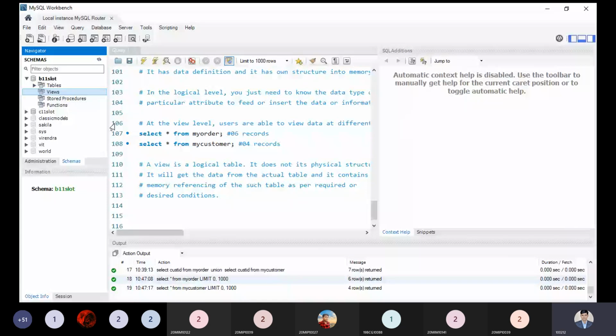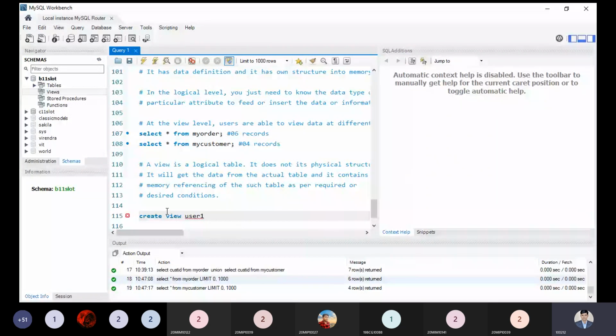Okay. So what I'm doing here, I'm creating a new view to see my information. Just like creating a table, we can also create a view. So create view. And what is the view name? I'm taking the first user, user one, who is interested to view the data from our table, that is my order. And if you want to choose my customer, then you can choose.